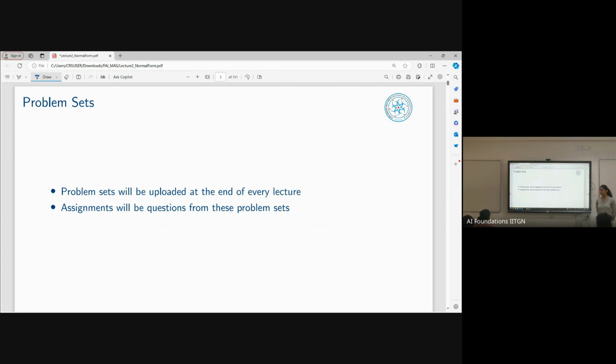And since game theory has a lot of notation involved, I suggest that you do attempt the problem sets, and for any questions or doubts, feel free to ping me regarding clarification of notation or other things. So that's all with the announcements. If anybody has any questions or doubts, anybody online as well.